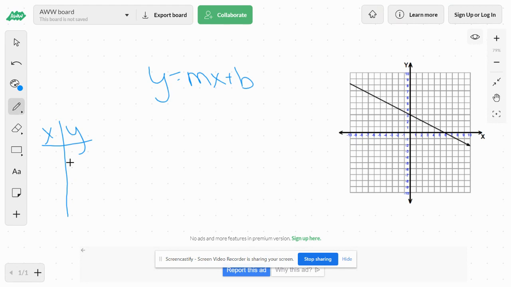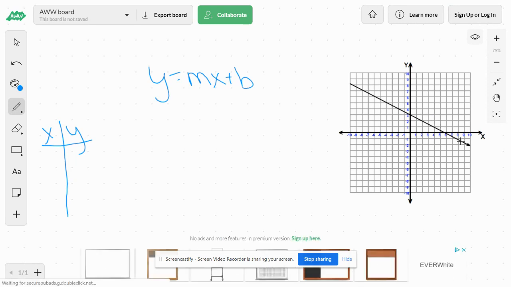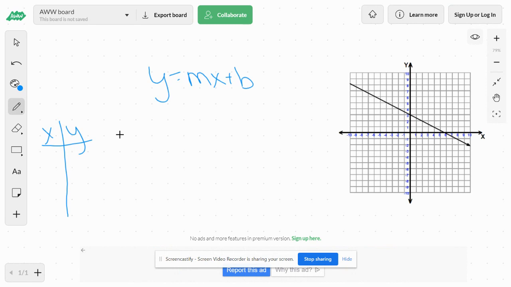So right here in this example, I'm starting you out with a graph. You can see a line graphed on this table. Now, if I want to go from this graph to, say, an equation, what I would need to know is my slope and my y-intercept. Now, I can look right here. I can see on the graph,